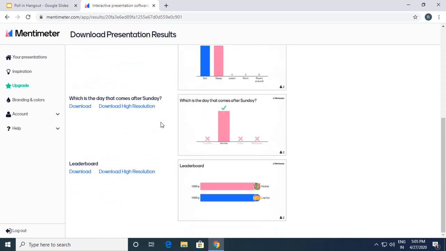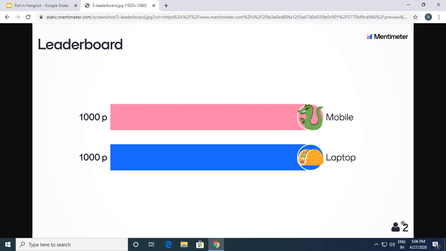In this particular case, you won't be able to get the people who had given the right answers, but you will be able to see how many participants have logged in. For example, it shows here on the right side of this result. So 2 people have given the answer. So in that particular way, you will be able to see how many people were active and how many people were taking up this poll.